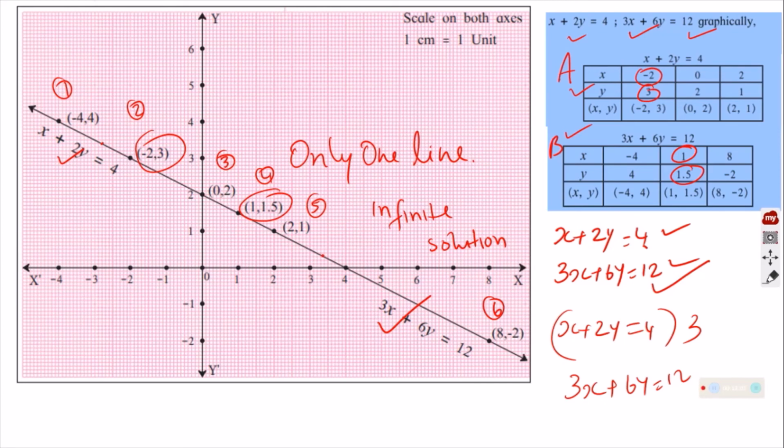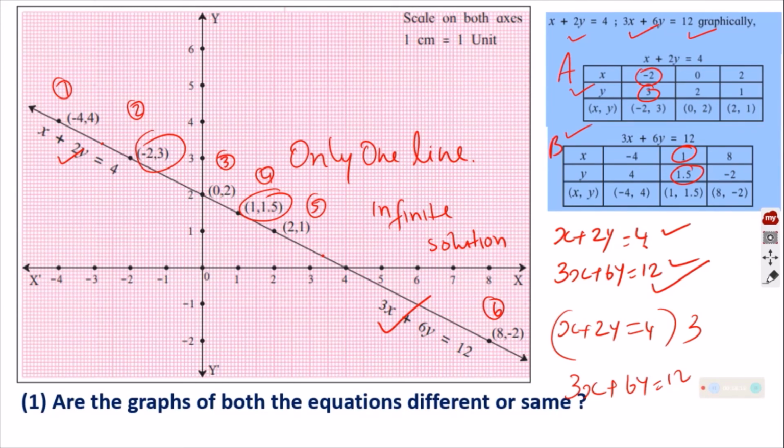Equation कभी आता है? आपको mathematical problem फेस करने के टाइम मैथमेटिकल प्रॉब्लम में आप इक्वेशन बनाएंगे, कभी लीनियर इक्वेशन 1 वेरिएबल, कभी 2 वेरिएबल में आएंगे, तभी आपको ग्राफ में से भी कंक्लूजन ड्रॉ कर सकते हैं। अभी इसके ऊपर आपके टेक्स्ट बुक में कुछ क्वेश्चन, आर द ग्राफ ऑफ बोथ इक्वेशन आर डिफरेंट और सेम? दैट इज द फर्स्ट क्वेश्चन। तो हम क्या बोलेंगे?